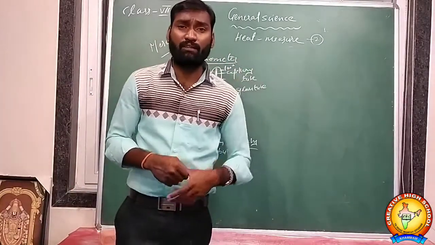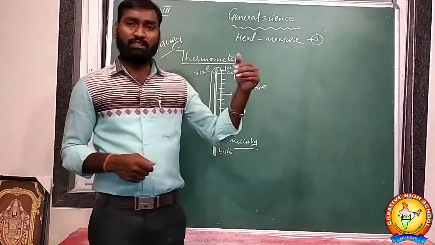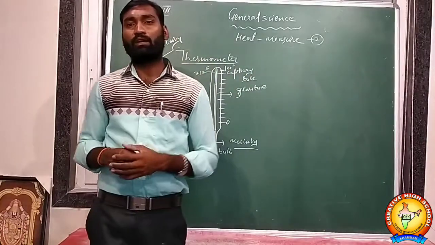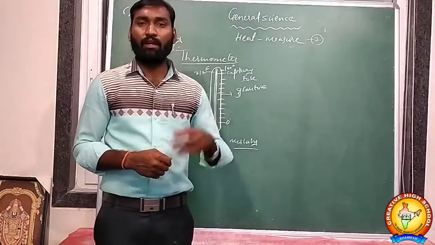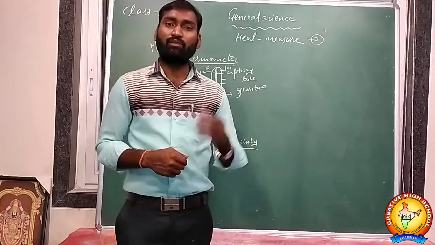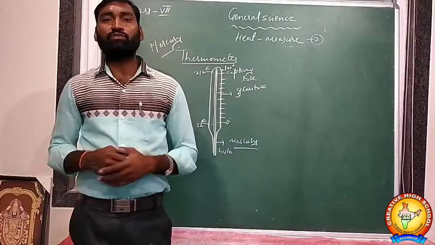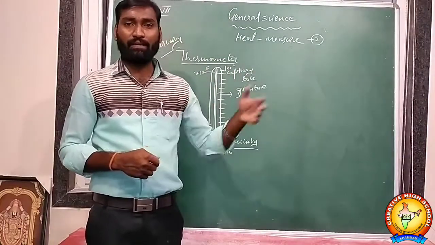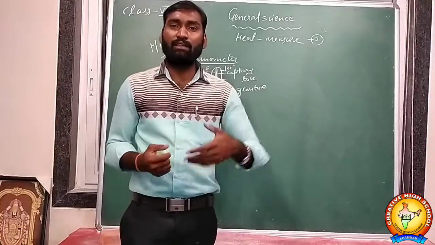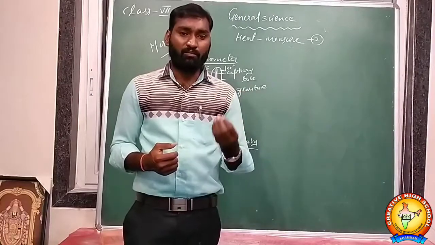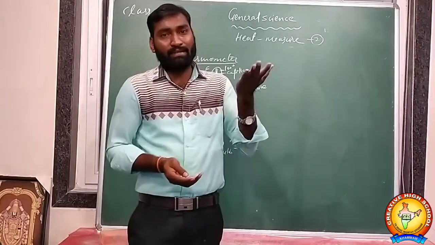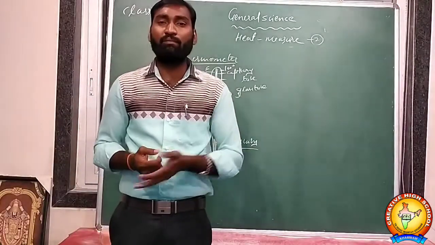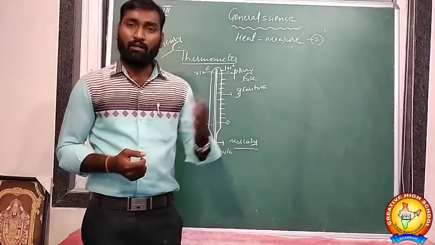The density of water is 1 gram per cc, whereas mercury has 13.6 grams per cc. The density is high, it is heavier. Due to the high density, we should use mercury as the thermometer liquid. At the same time, it easily expands. Whenever you give even a small temperature change, the mercury easily expands. But water does not expand like that. It expands easily at room temperature. That's why we use it in the thermometer.